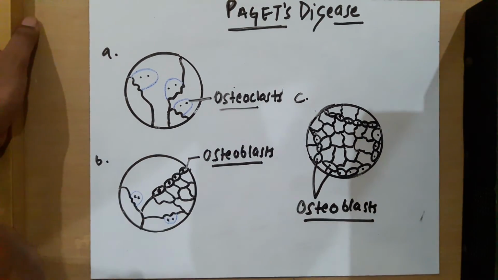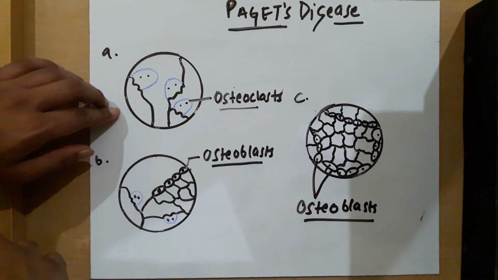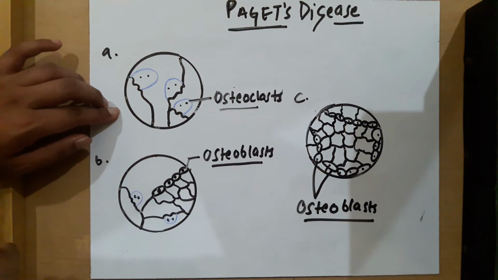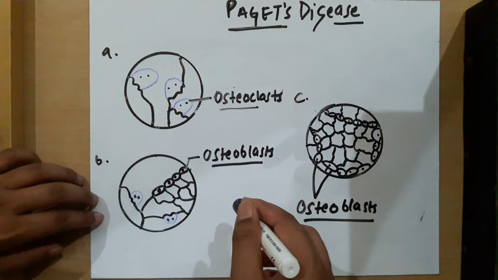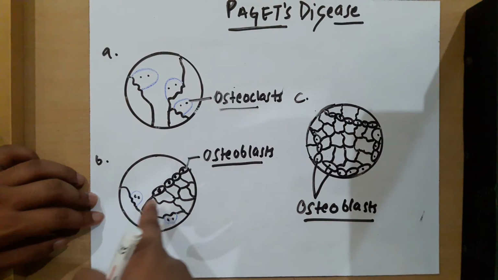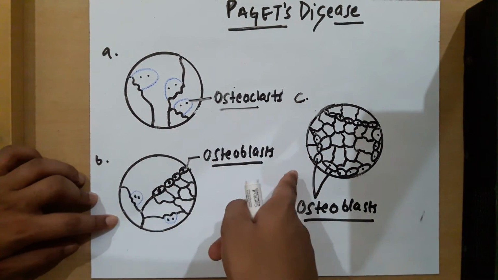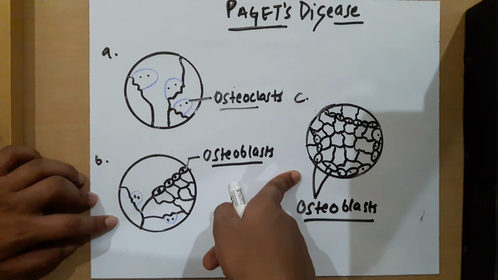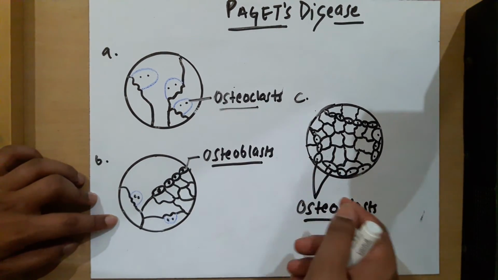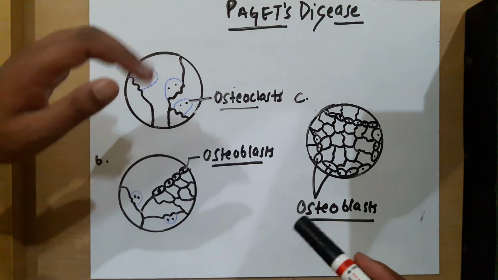So once again, A is the initial osteolytic stage, B is the mixed osteoblastic, osteosclerotic and osteolytic stage, and C is the final osteosclerotic stage. Okay, so I hope you understood the concept